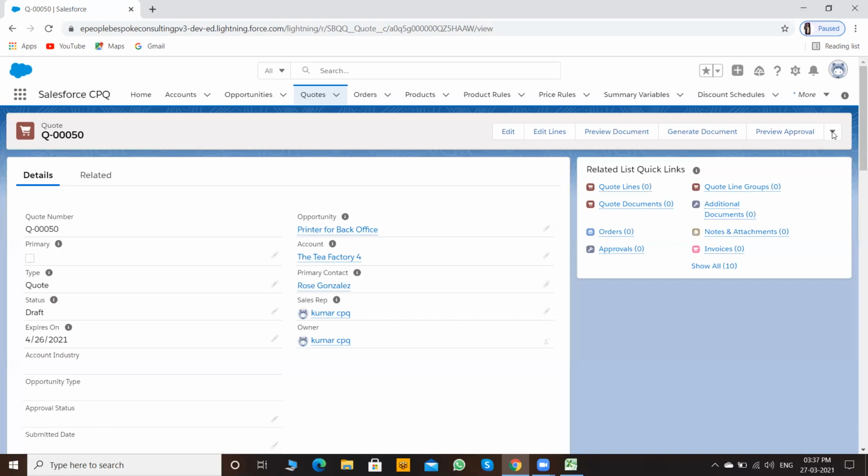To import a large volume of lines, we recommend using the Salesforce data loader or a batch load tool. We can use a data loader also for that. If you have more than 1000 line items, you can go with the data loader. But I think it's a good functionality if you have less than 1000 line items.